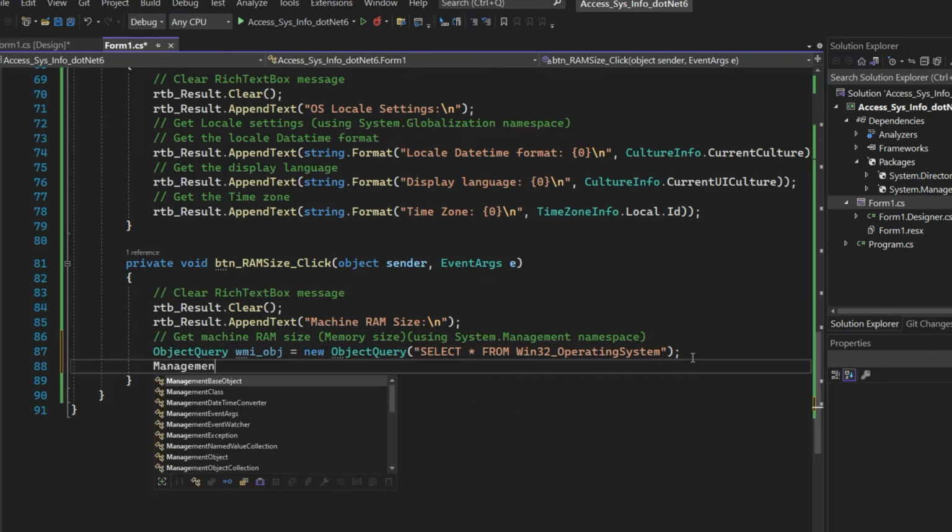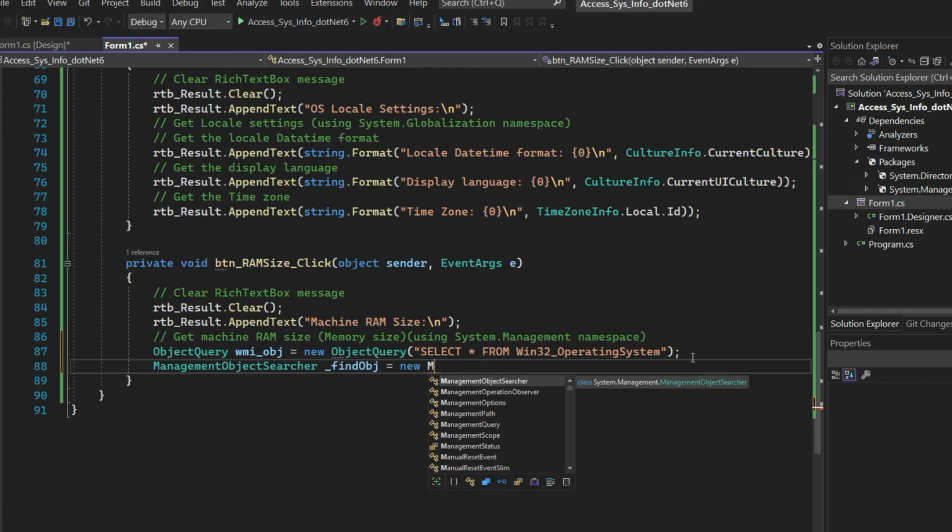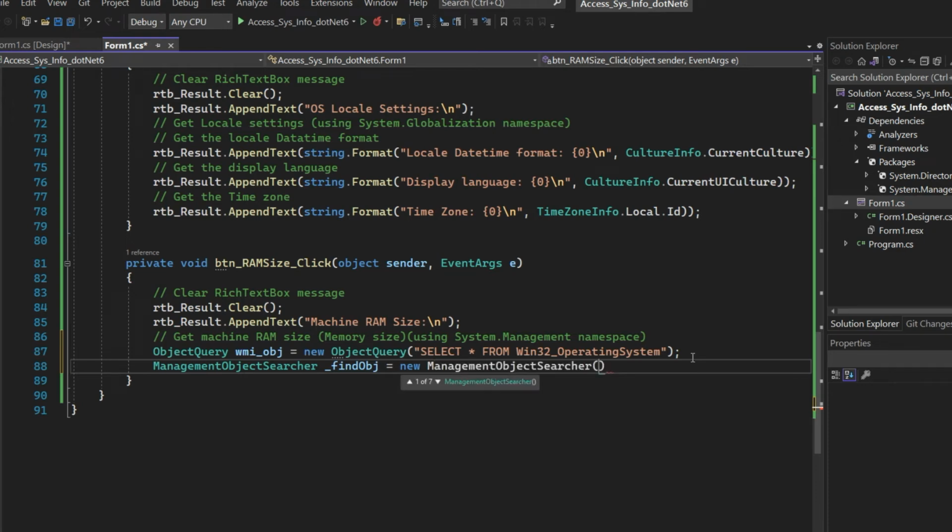We're going to use the management object searcher, and we name the variable _find obj. Find obj equals new management object searcher. Then we pass in the WMI object.